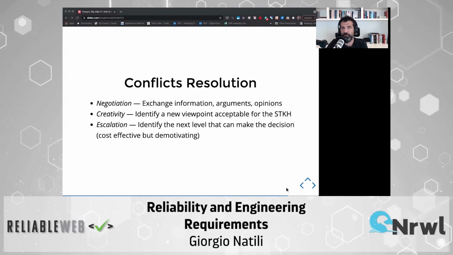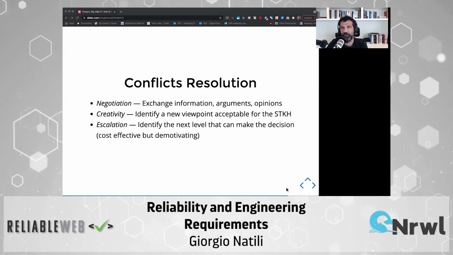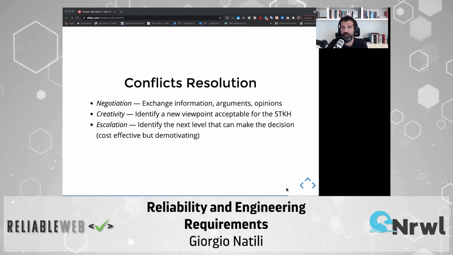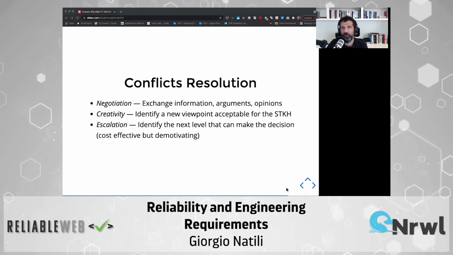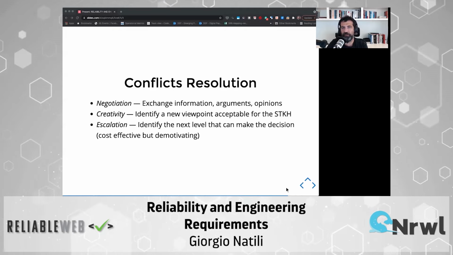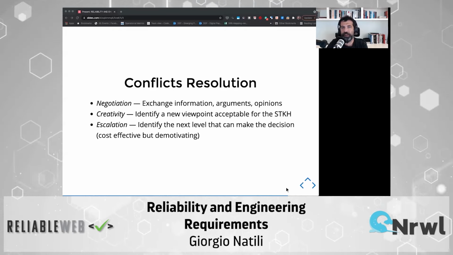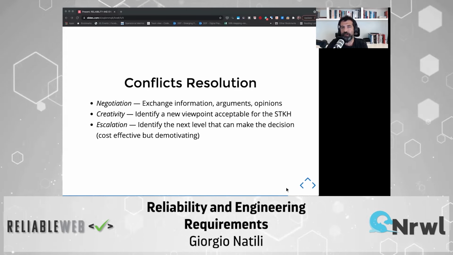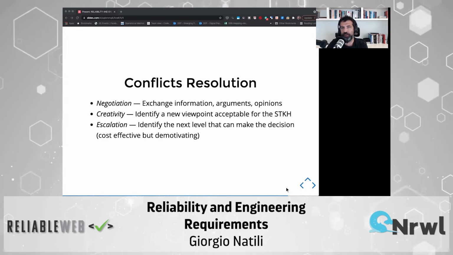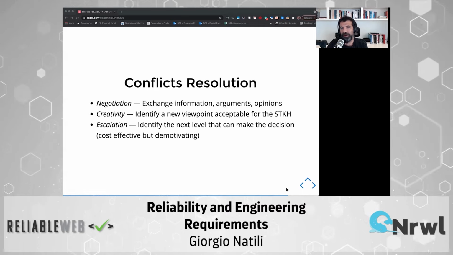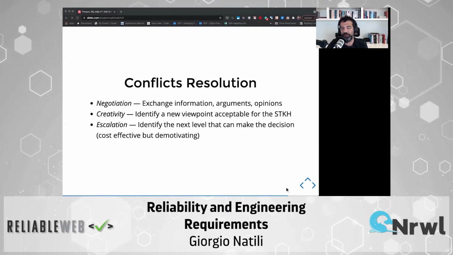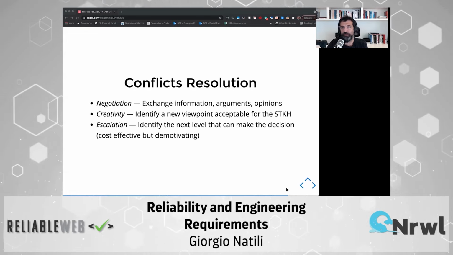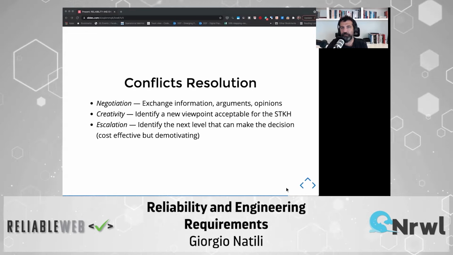Escalation is a good tool, it can be used. It's not a problem. It's not a punishment. The only drawback of escalation is that when you escalate for a decision to a higher level, like a senior director or VP, well, then you are demotivating others, because whoever's proposal is not picked is discarded, and there are not too many conversations. And this usually is the last tool that I would recommend.